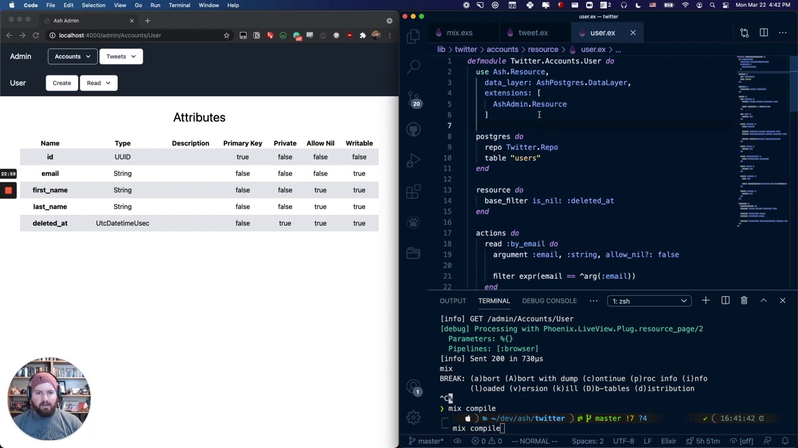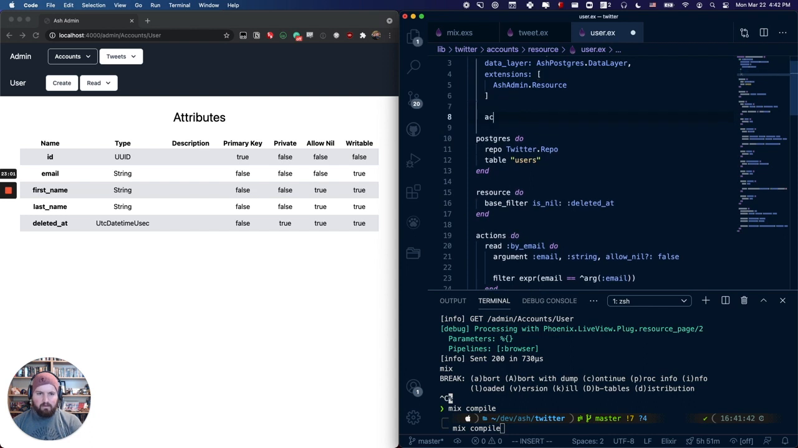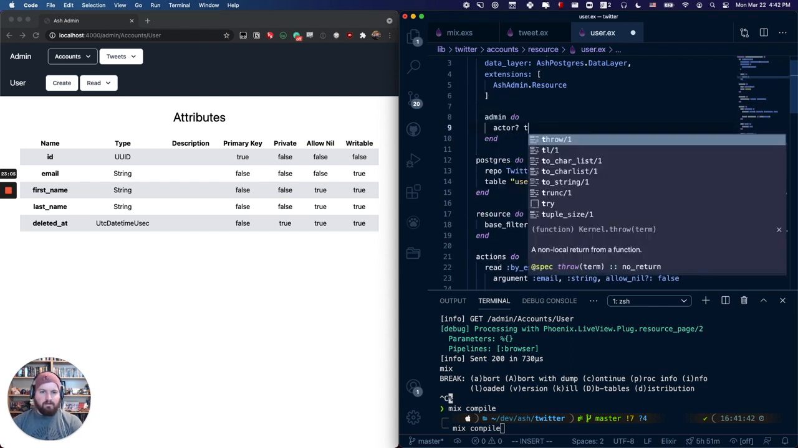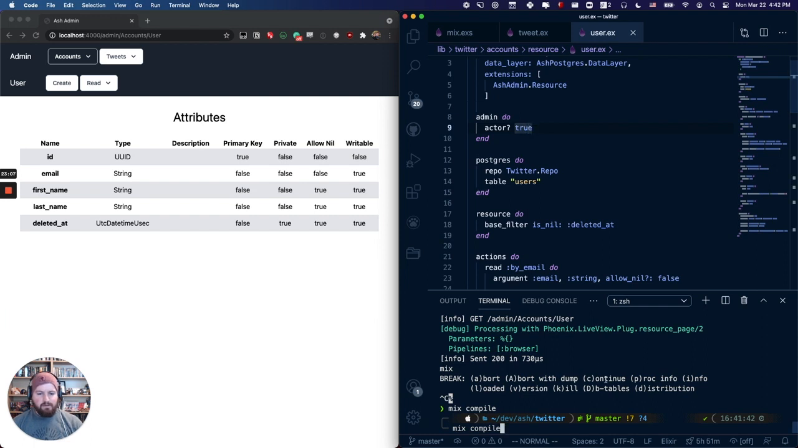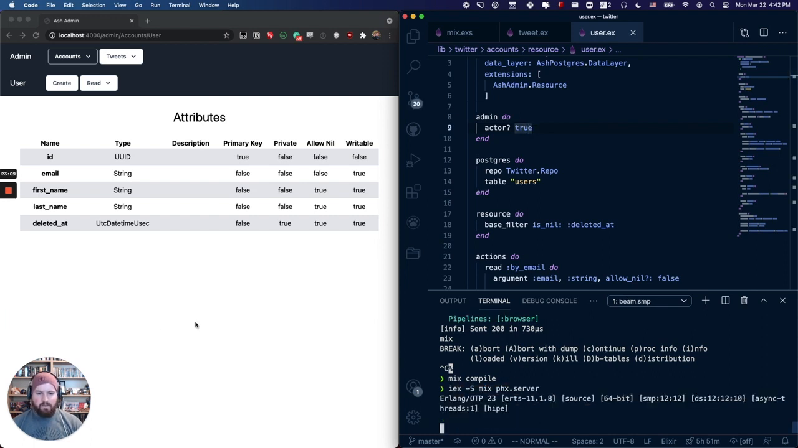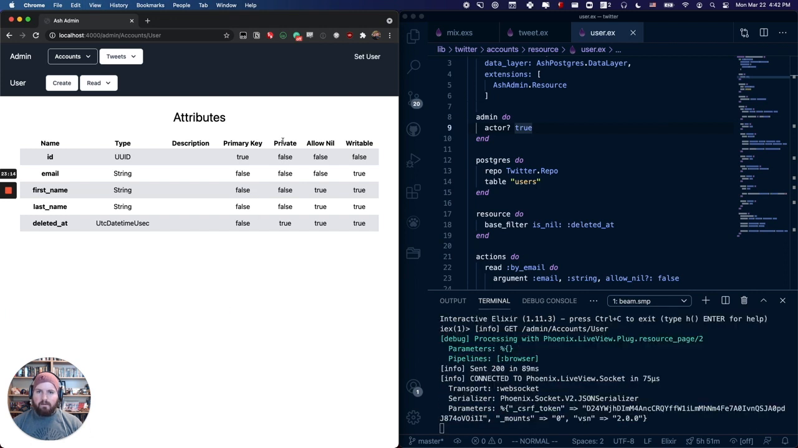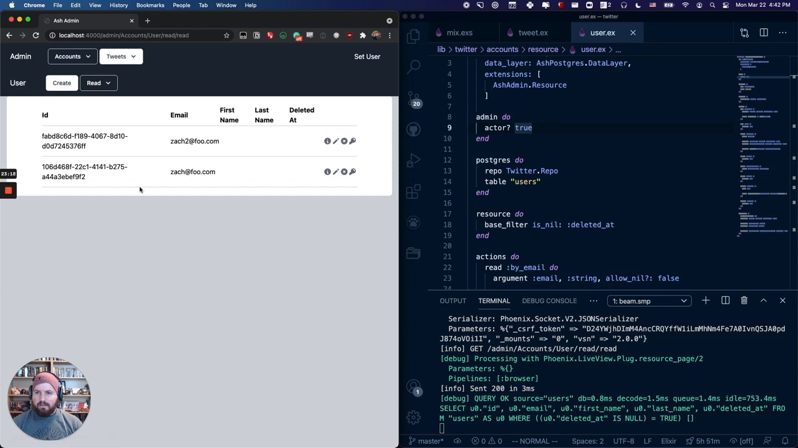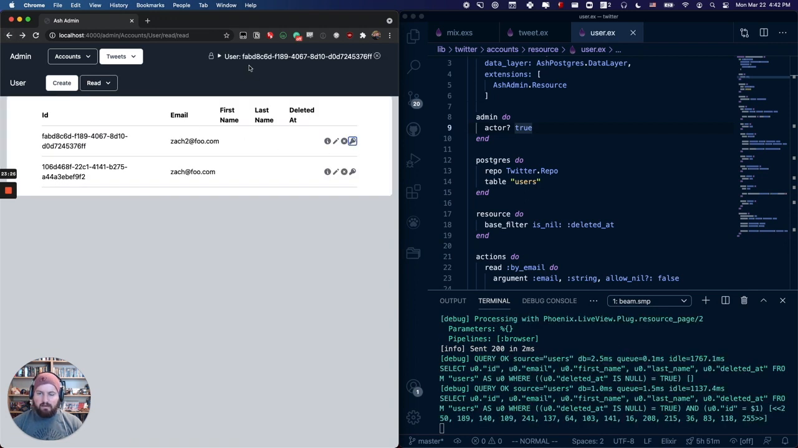And so you do that by modifying, you add this, you say admin do, and then you say that this can be an actor, right? So now when we run this, you can see it gives us this option to set a user. And so it knows to take us over here to our users. We could go find a user that we want. So, in our example, we could go by email and find the one that we wanted. And then you can click this little key and it will set that as the user that you currently are,